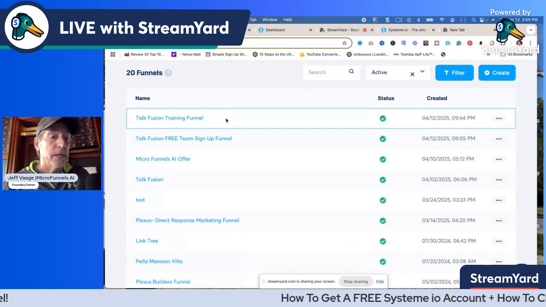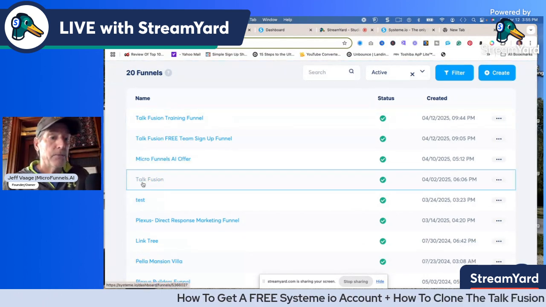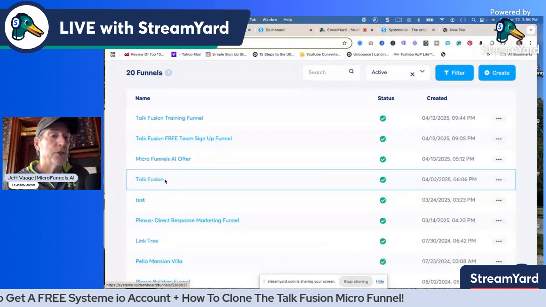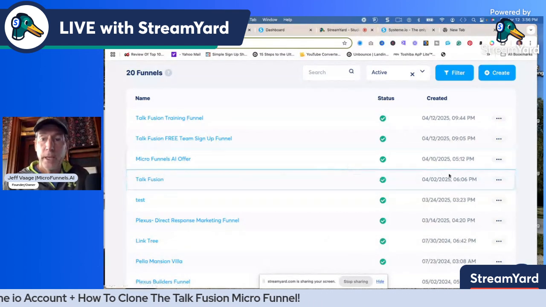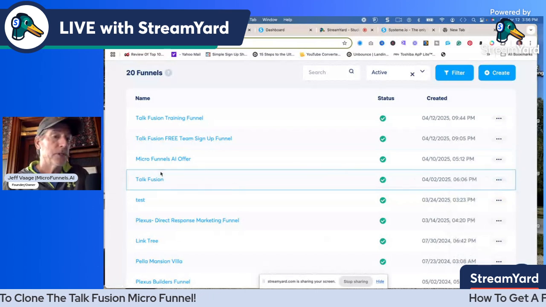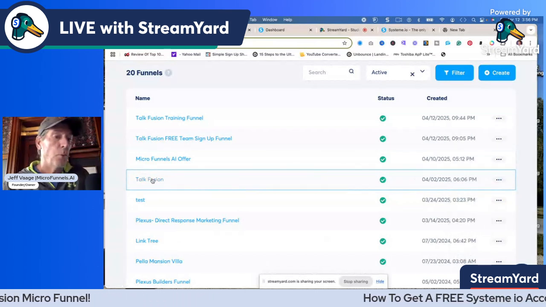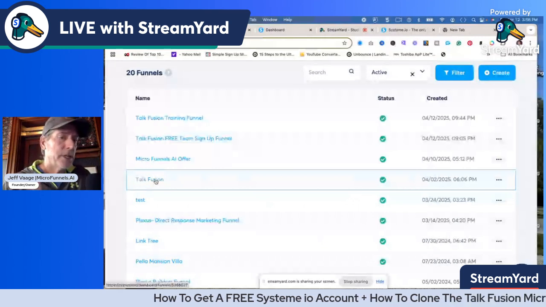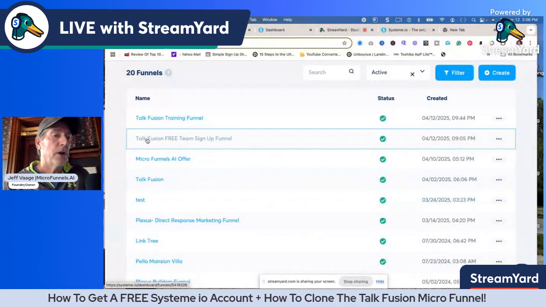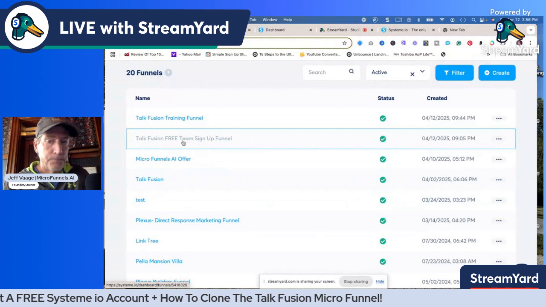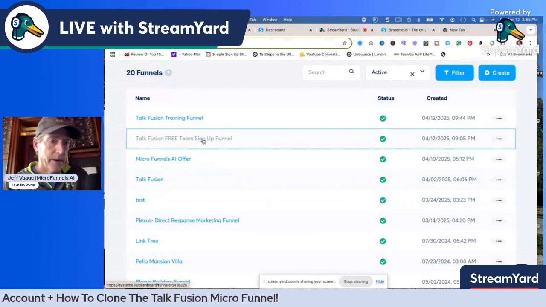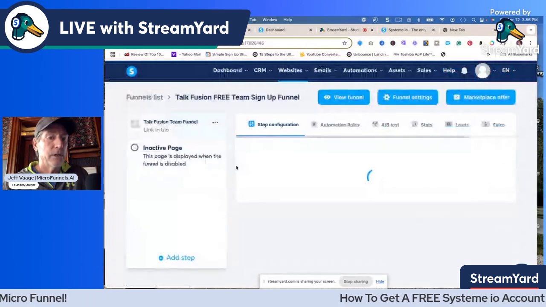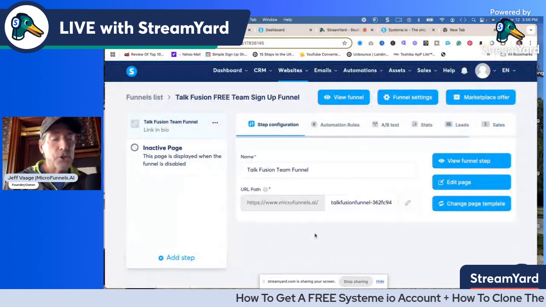Now, what I did was, instead of taking my Talk Fusion funnel, which some of you have, I thought it would be a lot easier to duplicate. So I went over here and I hit duplicate. So I've got 2 versions now of the Talk Fusion, one for Jeff, because I have to have one for me with my name. And I just thought it'd be a touch easier if I created a Talk Fusion free team sign up funnel. I'm going to show you what that looks like right now. This is the one that's going to be a little bit easier for you